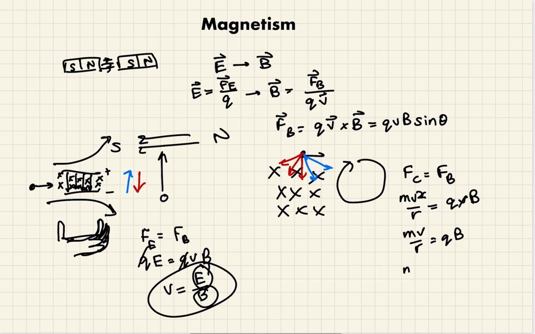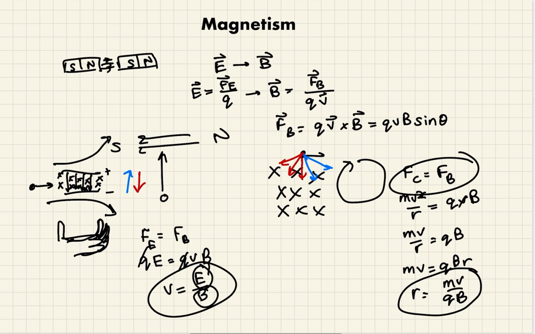So multiply both sides by r, mv is equal to qBr, divide by qB, because we want r. mv over qB is your formula for radius. Again, just like this, you should know it. You should know how to derive it, so that you don't just write it down immediately. You need to derive it from this, and then you'll get this,